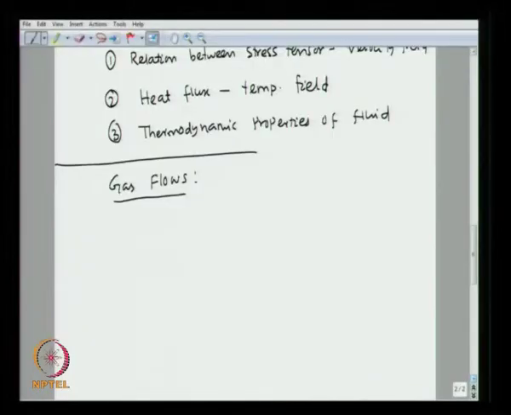That is the assumption that we are making. Under that assumption we are able to apply the kinetic theory of gases, where we first look at the equation of state